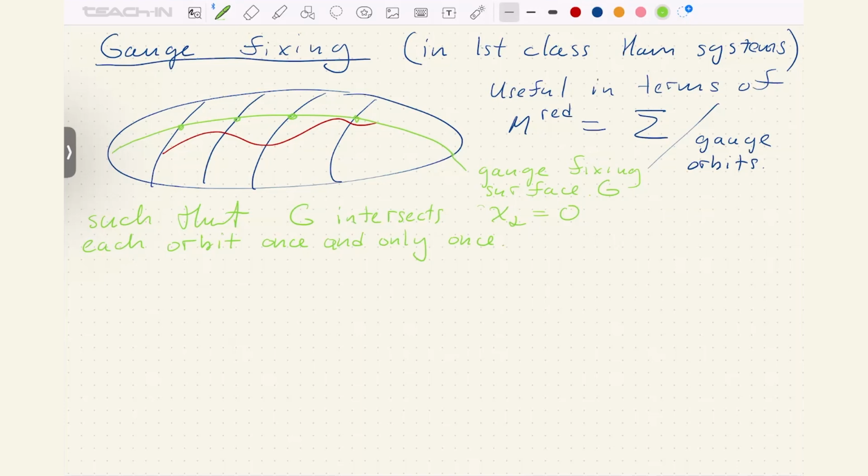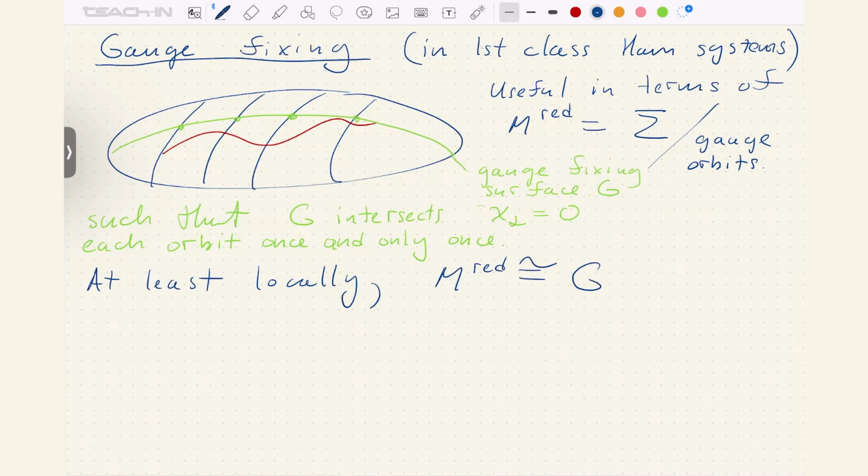At least it can give a fast way to compute something. And this surface is called gauge fixing surface because precisely it removes the gauge freedom, right? It picks a particular representative out of each gauge orbit, and the reduced phase space can be identified with this G. So at least locally, under the assumptions we are working on, at least locally, M reduced is